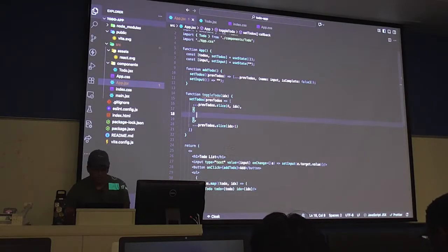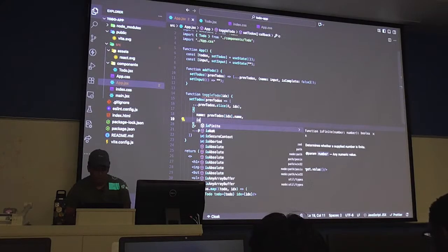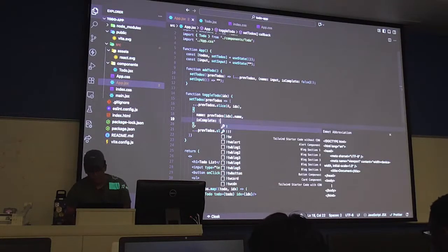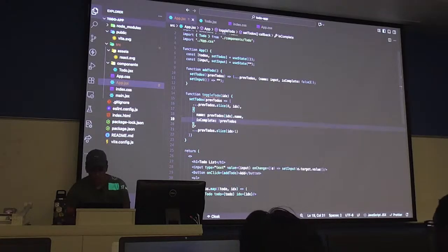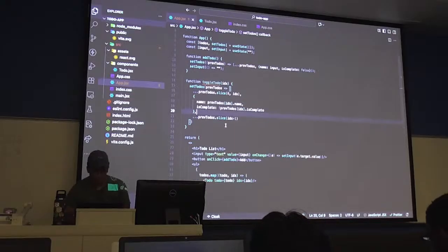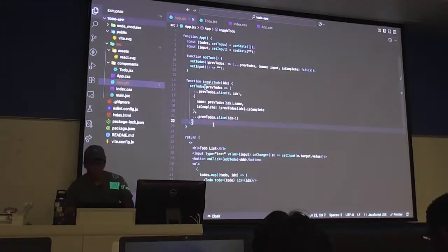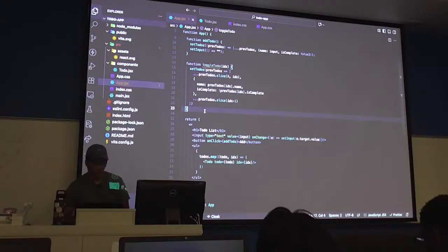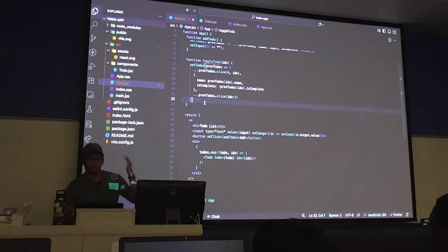And then here we want to set name to what it was before. So that's prev to-dos at this index dot name. That stays the same. And then is complete is basically going to be not whatever it was before, dot is complete. Okay, so that's a little tricky, but once you get used to this kind of destructuring, I hope it makes more sense. You could also do this a lot more manually with some assignments. You say this is before, this is after, this is whatever, but